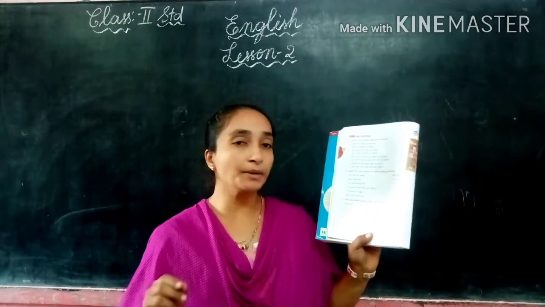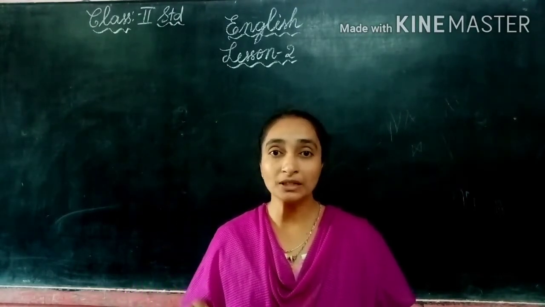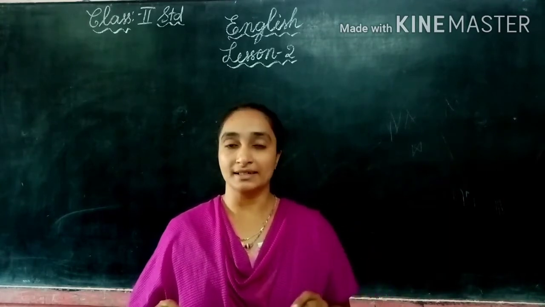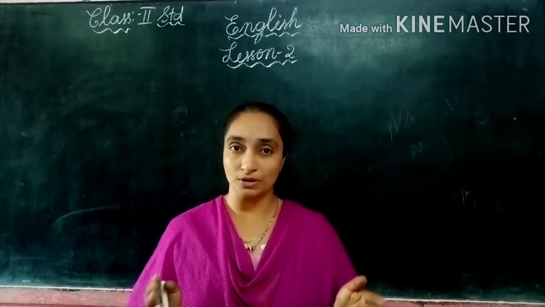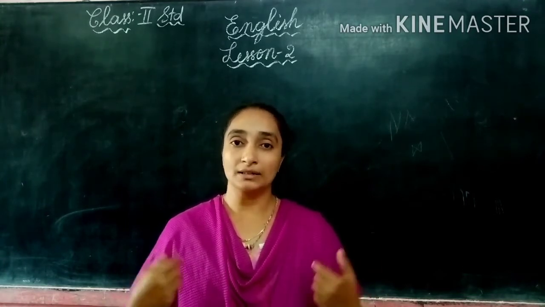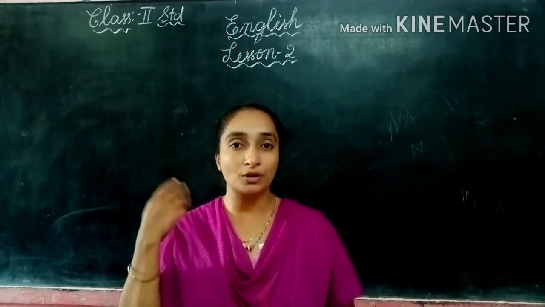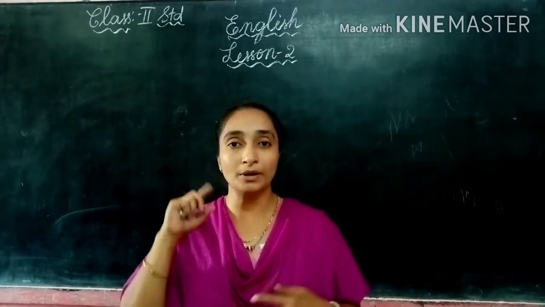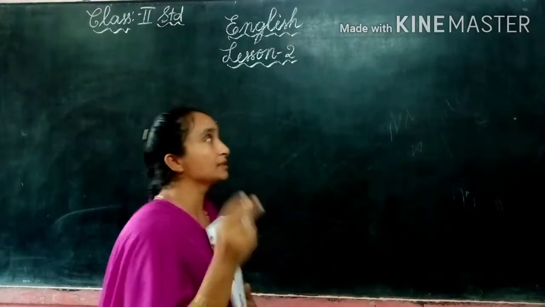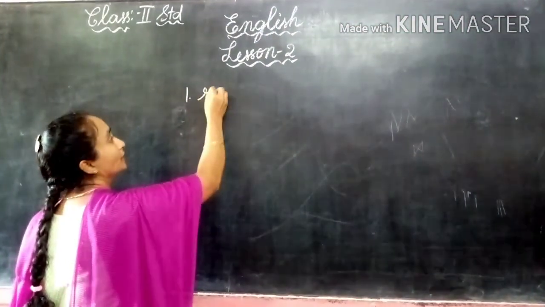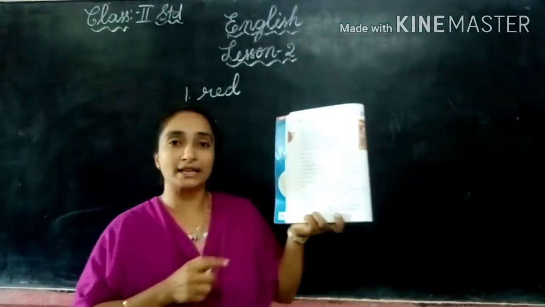Sarah had a ribbon. Which color ribbon did Sarah have? It's a blue ribbon or a red ribbon? Yes, the correct answer is red ribbon. Because on the day when she was going to the park, Sarah was wearing a red frock, and she wanted the matching ribbon. So she took the red color ribbon, not the blue color. So the first answer is red. They have already written the answer in the blank, children, but still you can see it in your textbooks.